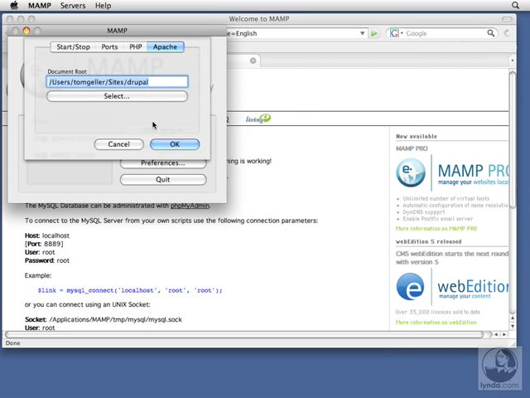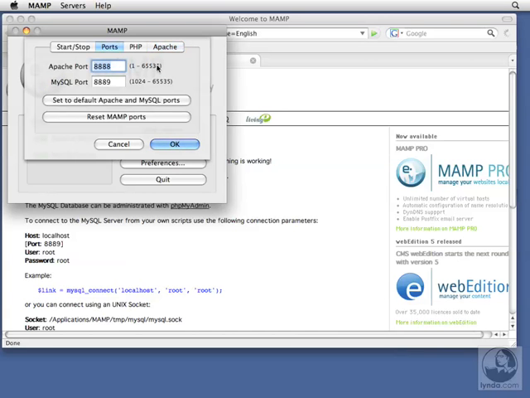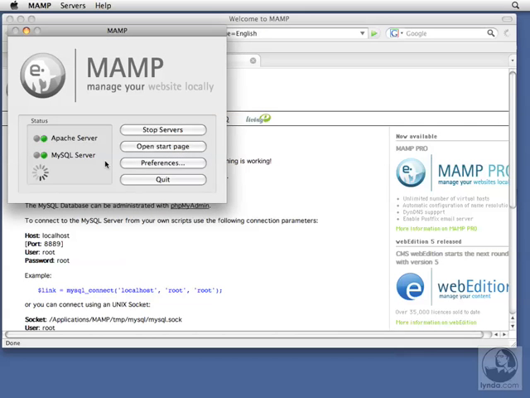There's one other thing that we're going to do, which is to change the ports that MAMP uses. Right now, it uses these non-standard ports, 8888 and 8889. The reason we want to change this is if we don't, whenever you look at the page in your Drupal site, it's going to have not only the name of localhost, which is your local computer, but it'll say localhost:8888, which is a little bit inconvenient if you're typing out URLs. So I'm going to set to default Apache and MySQL ports, like so, and then click on OK. The servers will restart,